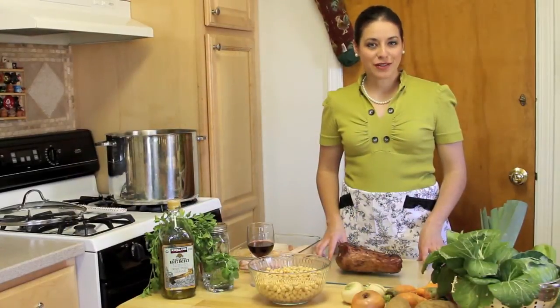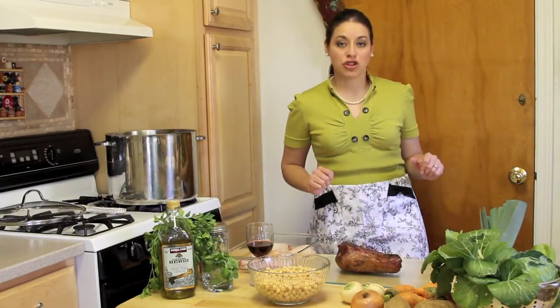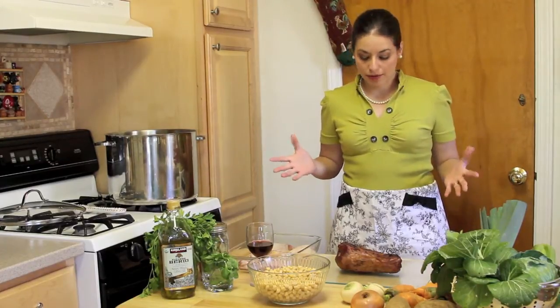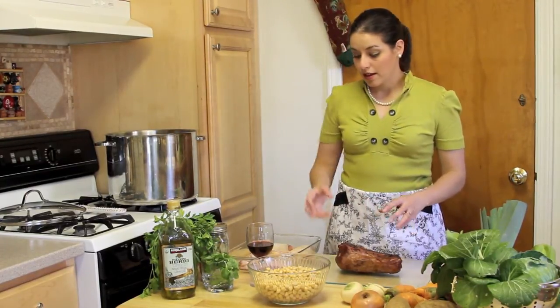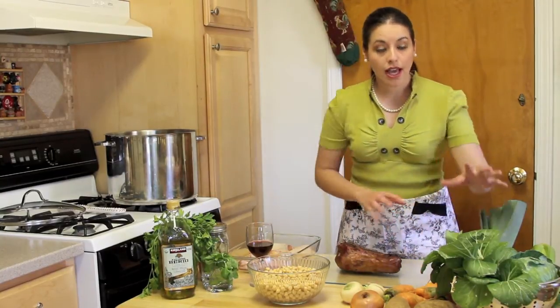Now that we're back from the community garden and we've gathered all of our ingredients, it's time to start our puchero. Now puchero is a typical peasant's food. It's made up of frugal pieces of meat, legumes, winter root vegetables, and winter grains. Although this seems like a lot of ingredients, it's really easy to make as it's a one-pot meal. So, with a glass of vino tinto in hand,